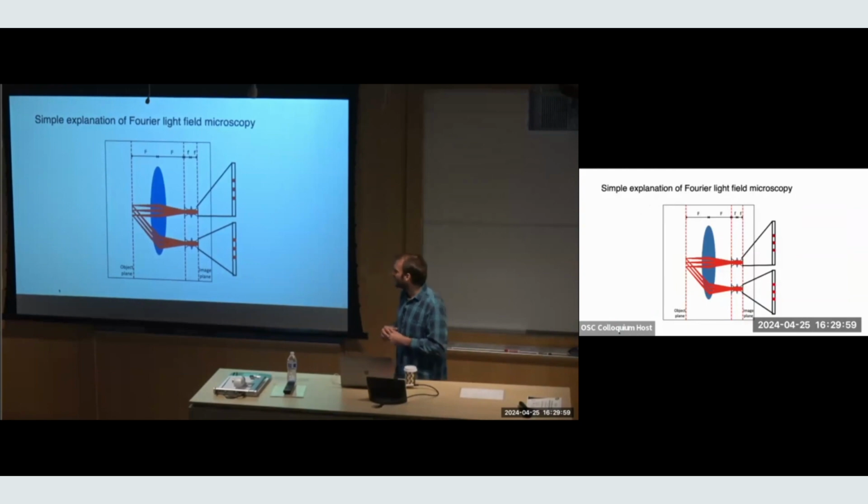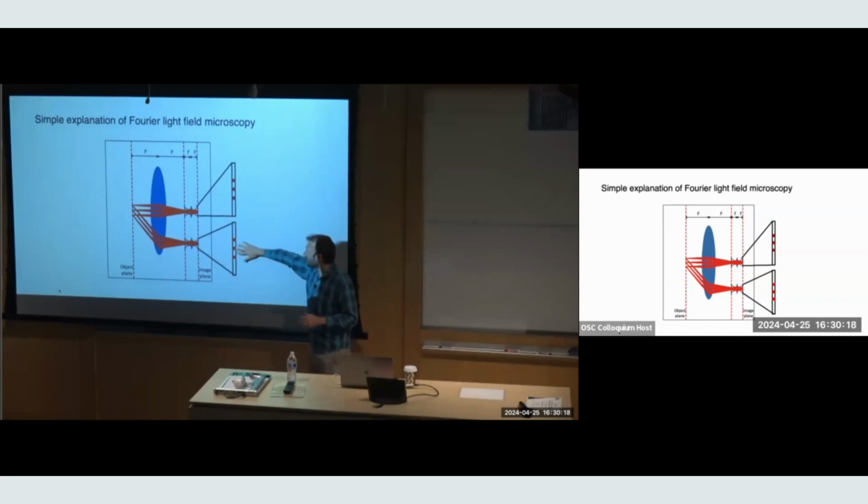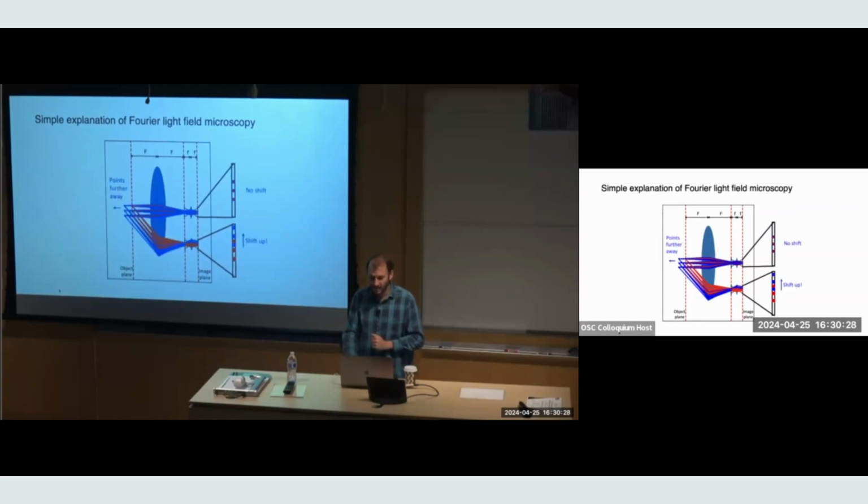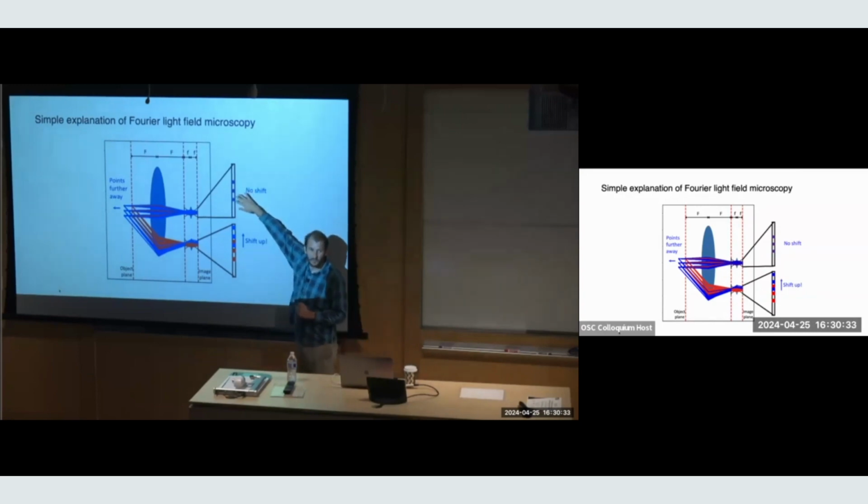So the way it works is essentially as follows in a Fourier light field microscope. There's a lot of kind of confusing description of this. I think it's easiest just to understand by thinking of 3 points. So let's say you have 3 points in your scene. If you took a Fourier light field microscope and took a picture, each camera in your array would just see those 3 points, and they'd all look the same, right? If it's at the object plane of the imaging system. If it moves away from the object plane, in the middle camera, those 3 points won't move. But in this camera, they'll just shift,